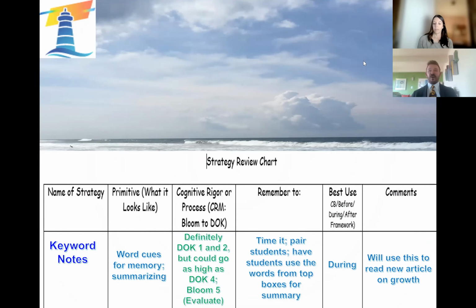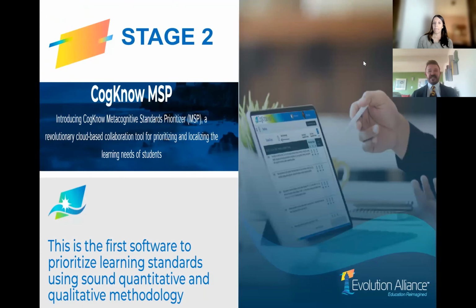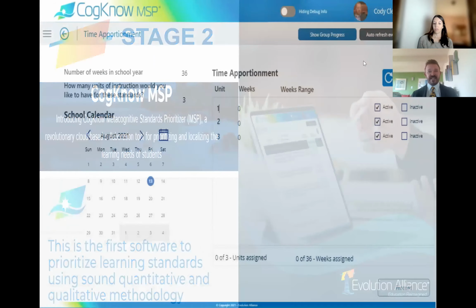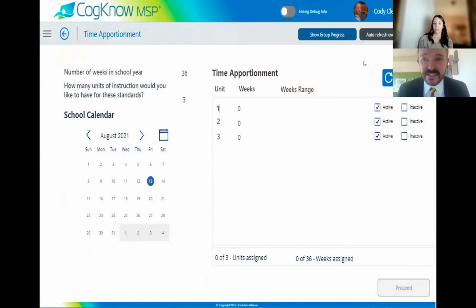Okay, so I hope this part was helpful. In the next part, I want to talk about stage 2 of Cogno. So last week I talked about stage 1 in the prioritization schematic, but in stage 2, what we do is